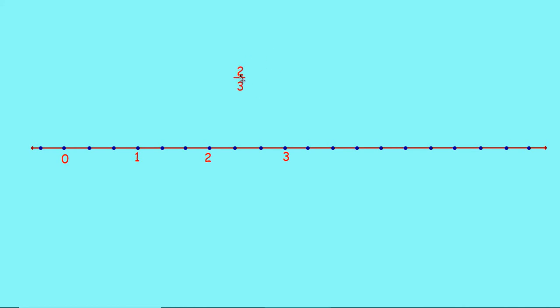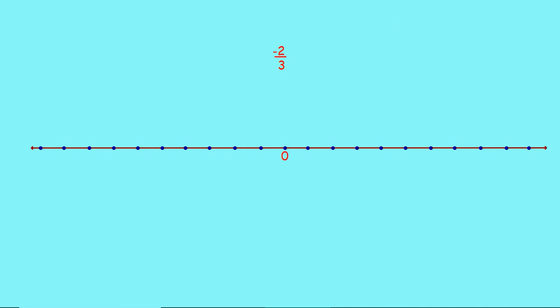Now, where does 2 by 3 lie? Look here, it is 1 division out of 3, so it is 1 by 3. So the second one will be 2 by 3. So this point represents 2 by 3 on a number line. Now let us check how we will represent a rational number on this number line. Suppose we want to represent negative 2 by 3. Of course, this negative 2 by 3 will be the opposite of 2 by 3. So it will lie definitely on the left side of 0.